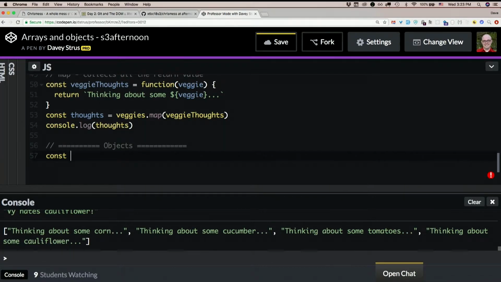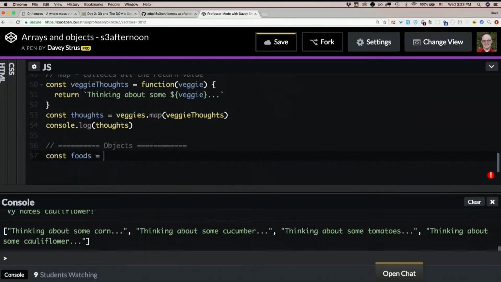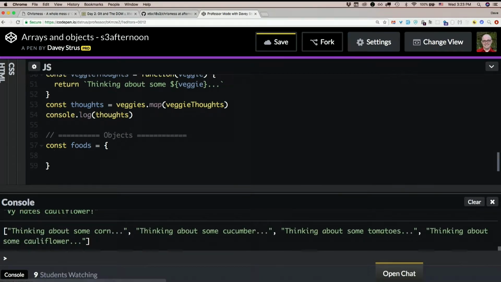So, let me see here. Get my notes so this doesn't happen again. Foods. Yeah, an object. So it's a key value pair, like a dictionary in Python or a hash in Ruby, if you know any of those things, an associative array in PHP. It's called different things in different languages. But it's a bunch of keys and values. So, for example,